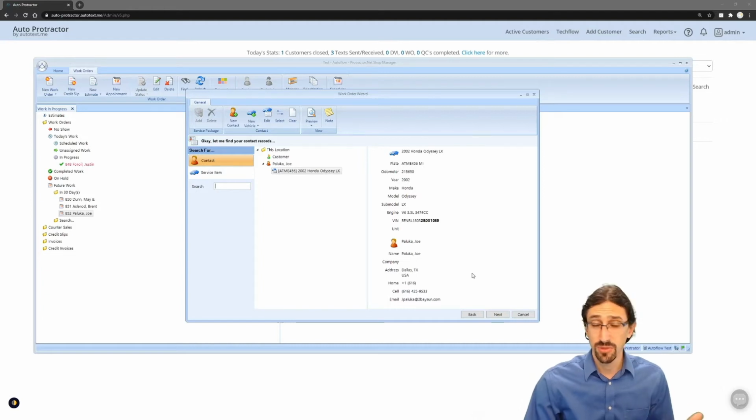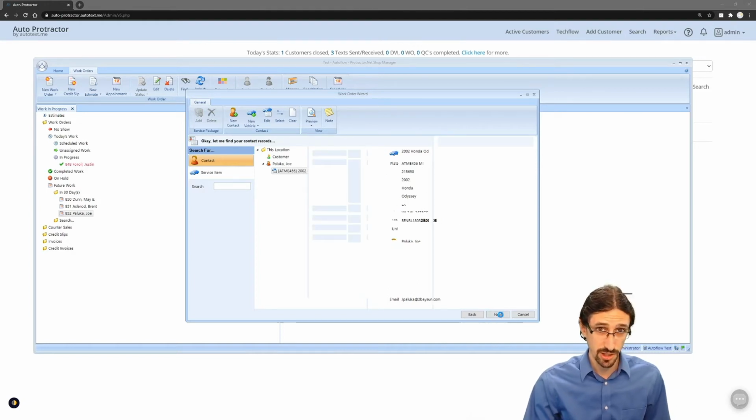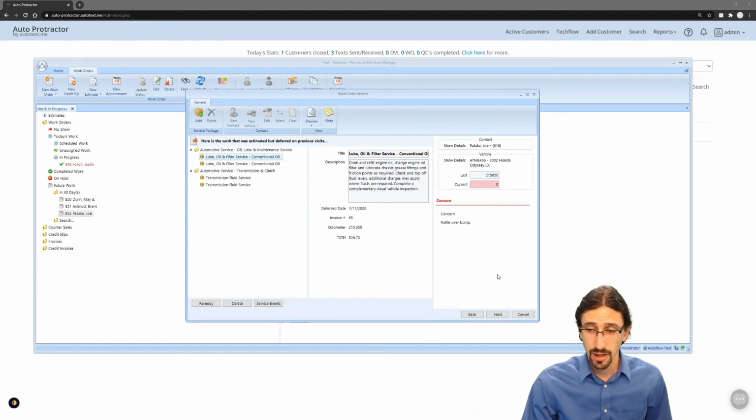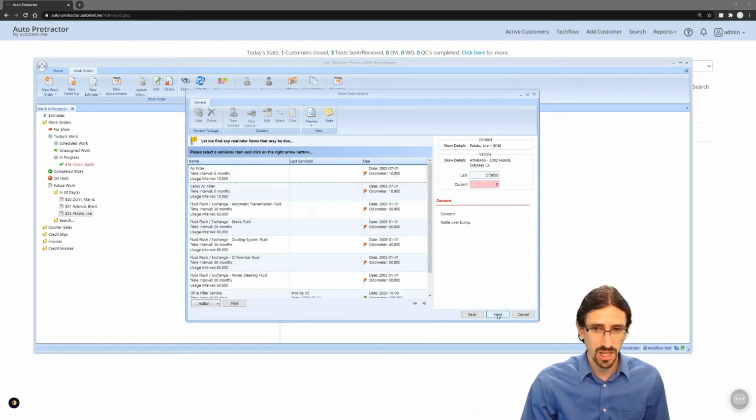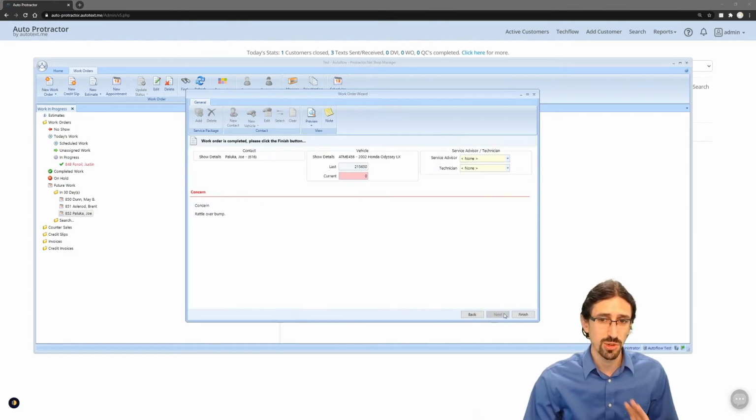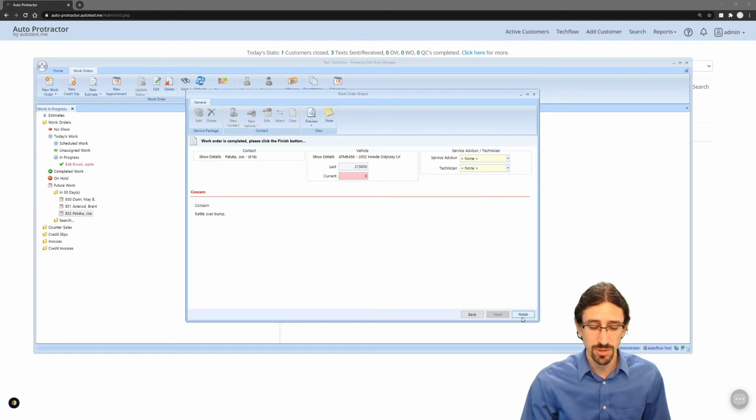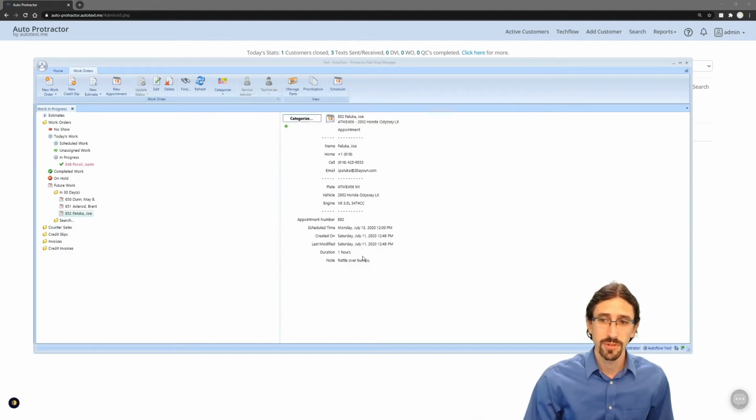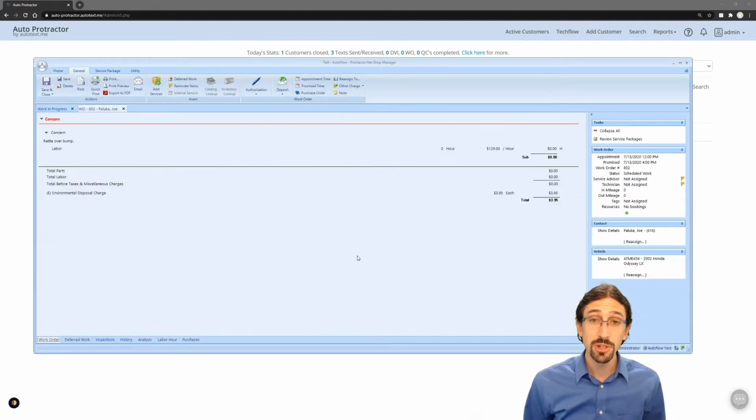The key thing is, of course, that you verify the customer's proper information, making sure we do have that year, make, and model, and that the customer has his cell phone number, just like any other ticket transfer phase. We could add odometer and everything else. I'm going to skip past these items and go straight to the ticket here. You can assign your ticket right now, certainly. I'm going to leave that blank for the moment just so we can demonstrate a few other things. And I'll hit finish. So with this created, we still have the option to save this into future scheduled work,